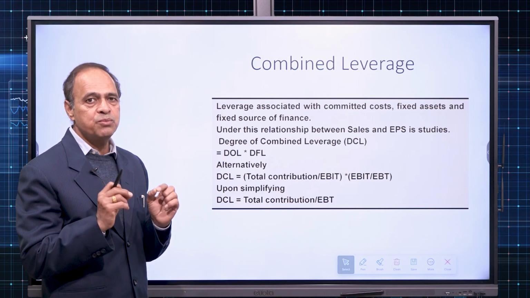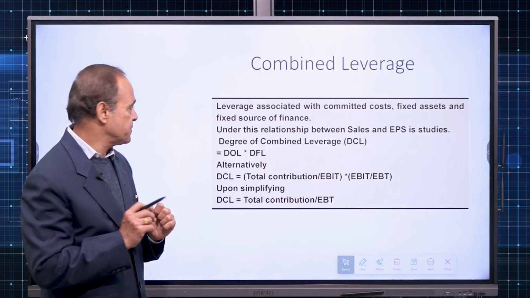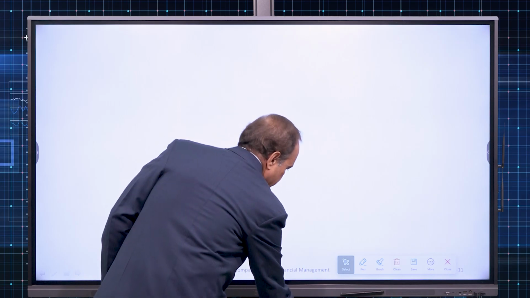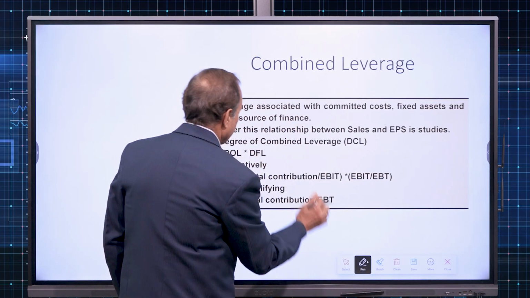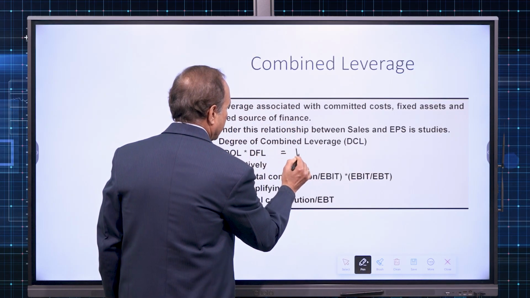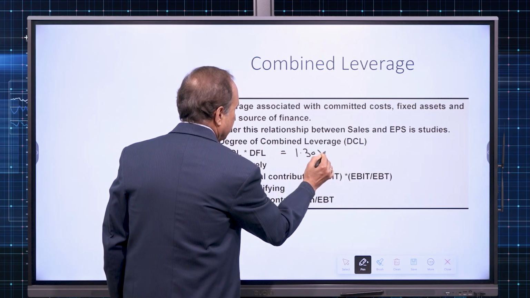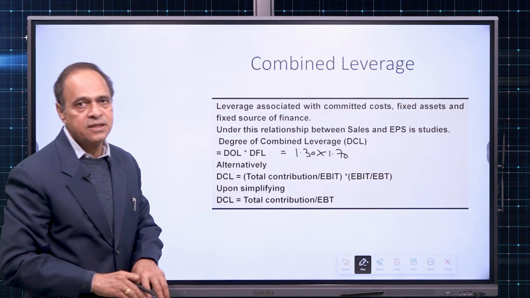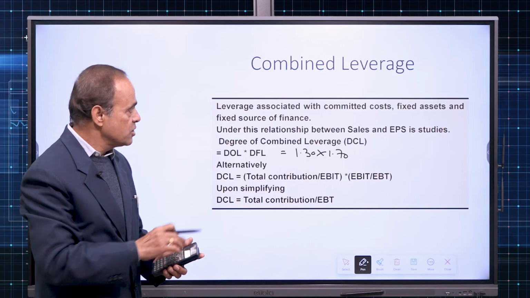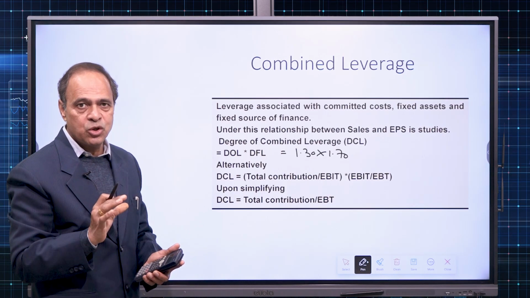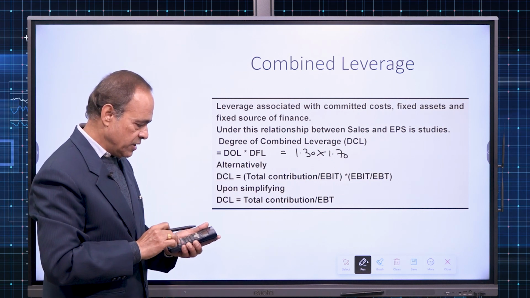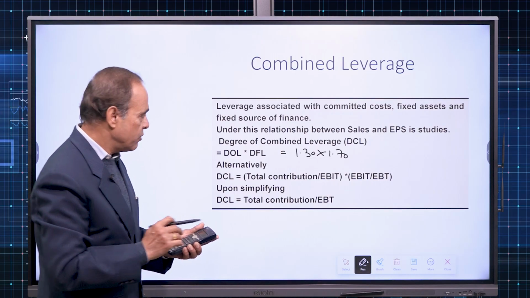So let us assume that at a given level of sales, my DOL is 1.30 and DFL is 1.70, because when sales is there, operating profit will be there. So for the same level of sales, whatever is the operating profit, we calculate DFL also. So 1.3 multiplied with 1.7, we get